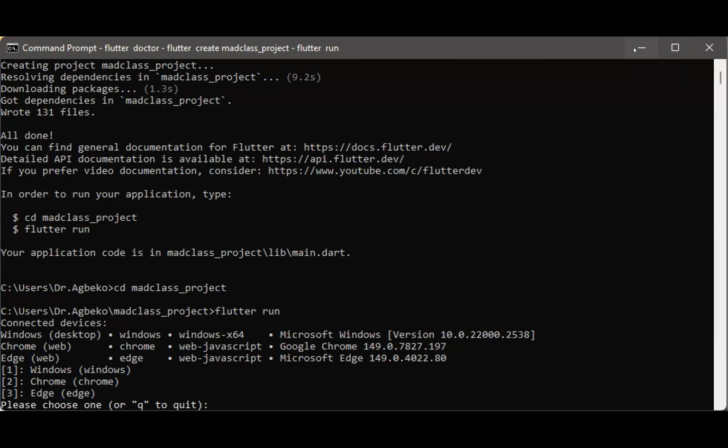Go back to your VS Code. So I'm going back to my VS Code environment. So I'm back to my VS Code. I hope you can see.